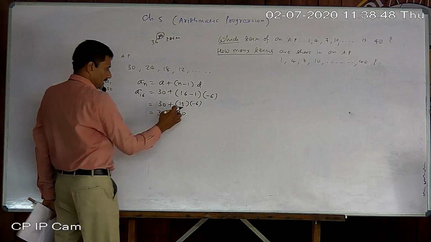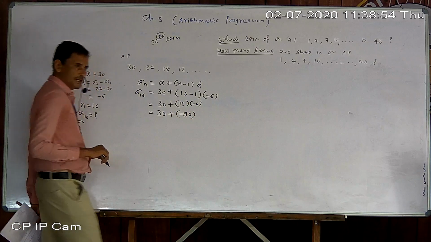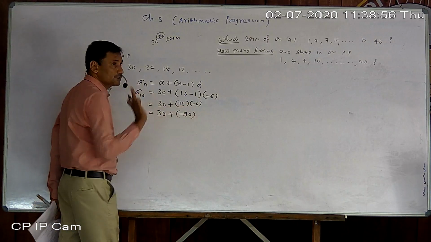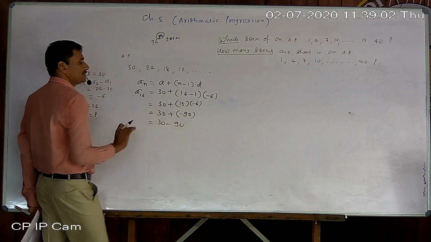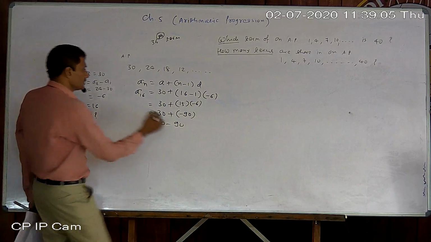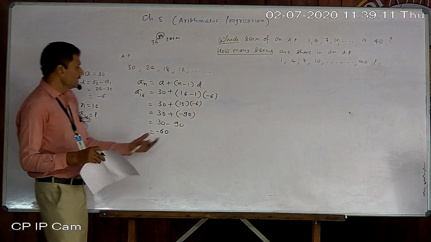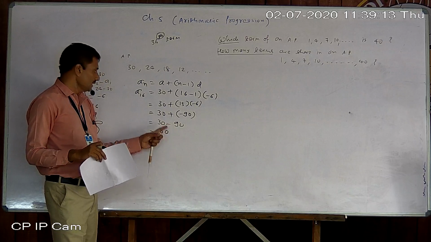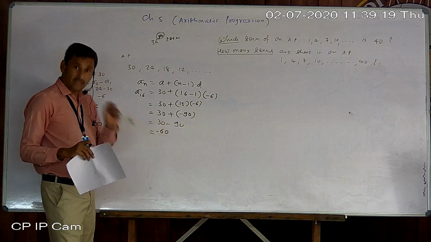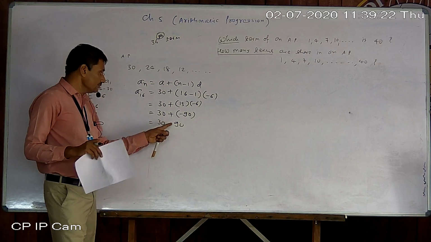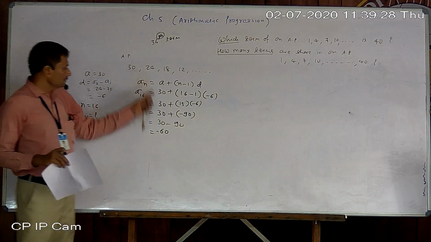Be careful with your sign. Actually 15 times minus 6 will be like this: minus 90. Plus minus minus, multiplication rule. Now it is 30 plus minus minus 90. Opening bracket is also one type of multiplication. So again plus minus minus here, so it will be minus 60. Why minus 60? Whenever opposite signs are there, subtract, and at last apply the bigger term's sign. It is due to the bigger term's sign that the answer becomes negative. So minus 60 is the term.